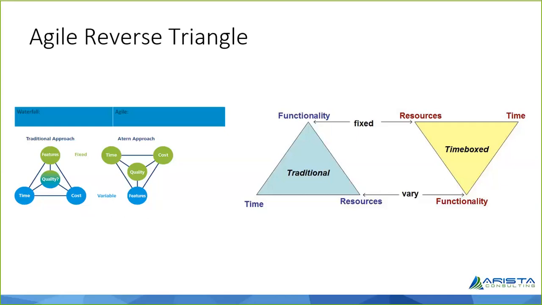The cost, in the sense that the team is constant, the skill set of the team is constant. So the cost is fixed. Quality, we also decide upon the quality, saying that we'll be delivering something like 100% quality or whatever that we understand. Okay. So now, what becomes variable? What becomes variable is features,